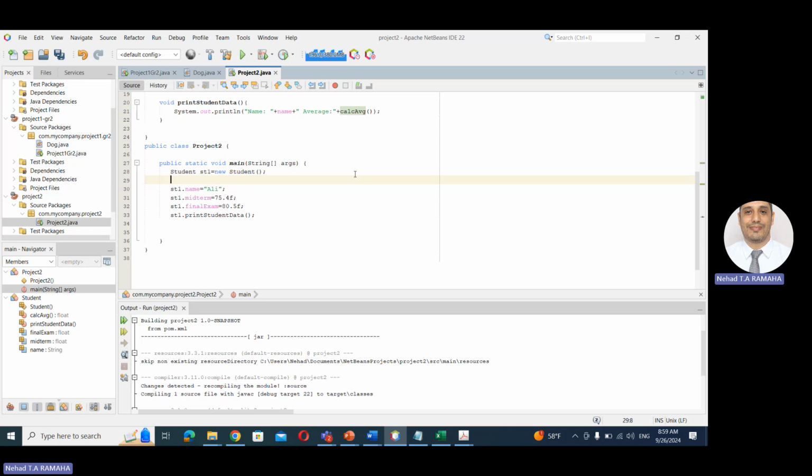So how to have another student? We need to create another object for the other student. So how to create objects? The name of the class, student, the name of the object. You cannot use SC1 again because you already used this name. So we will use, for example, ST2